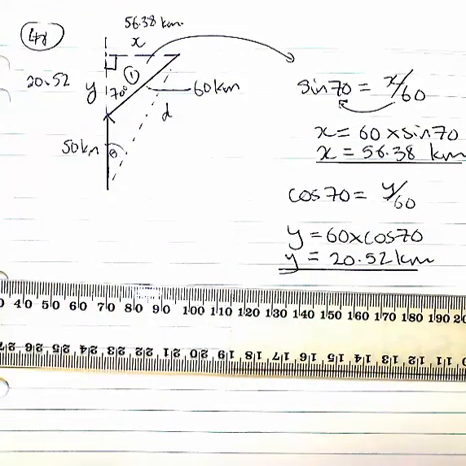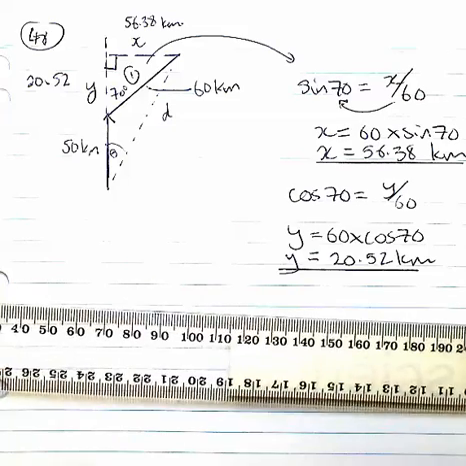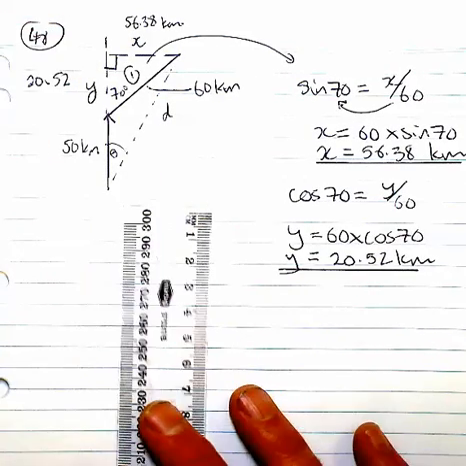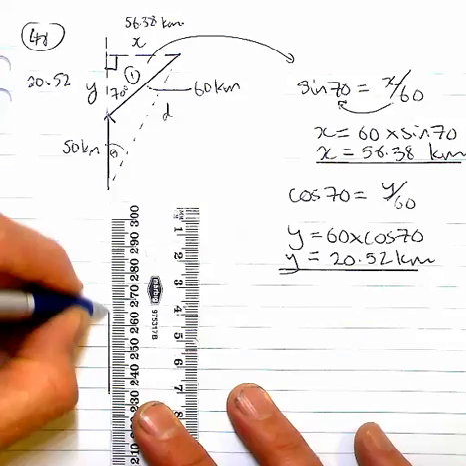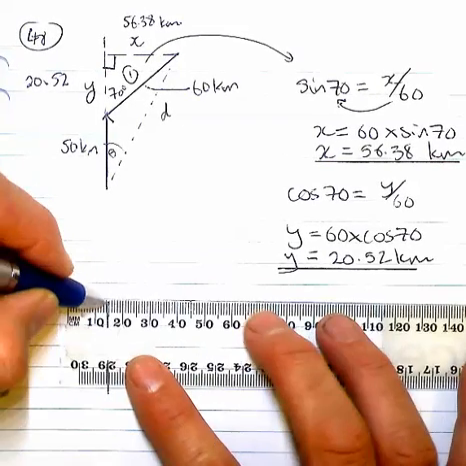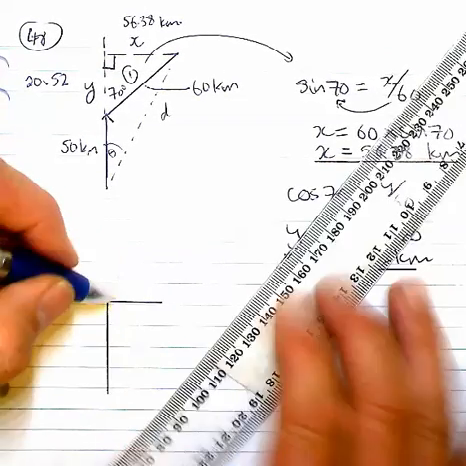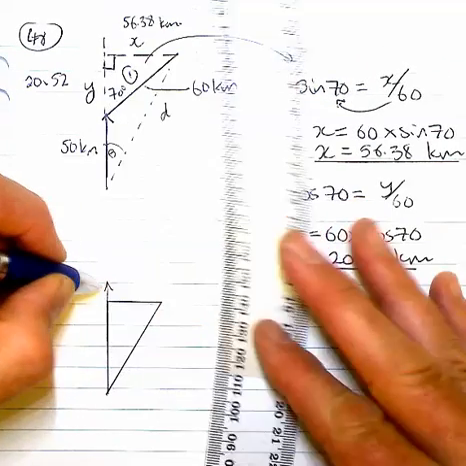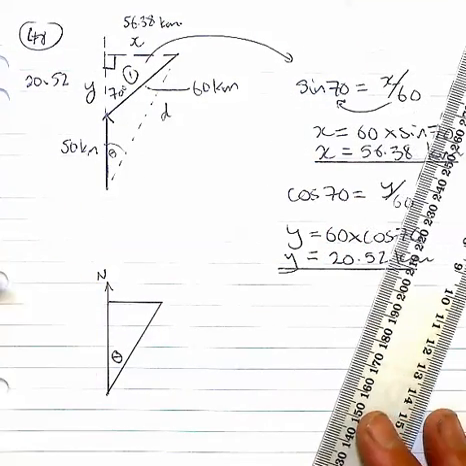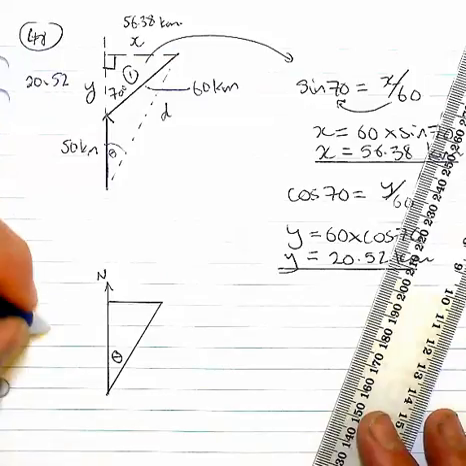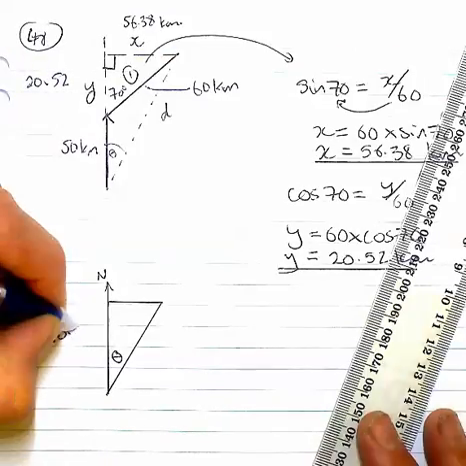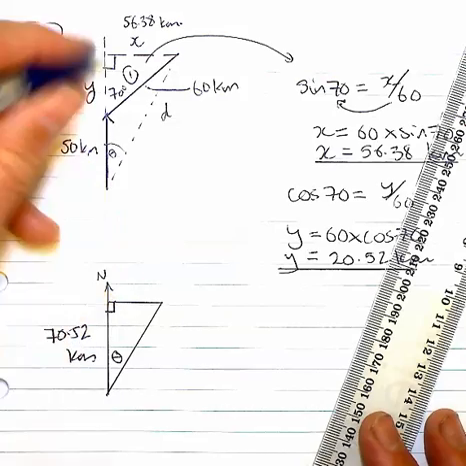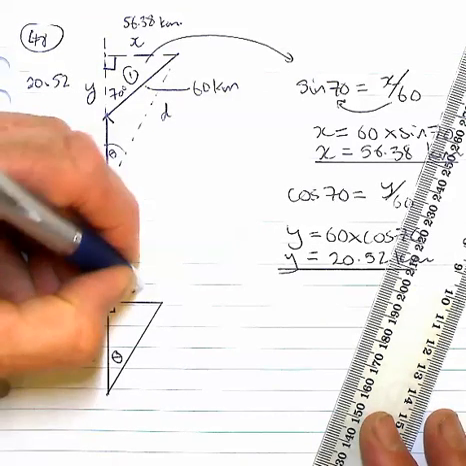Now, I often find these triangles getting a little bit congested, so I'm just going to reconstruct the larger triangle, which I'll call triangle 2. That will be a total of 70.52. And I'll have the other side as 56.38